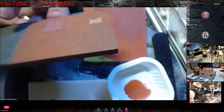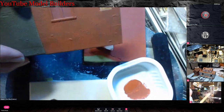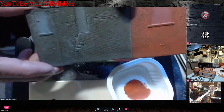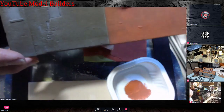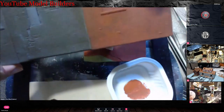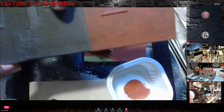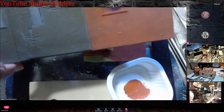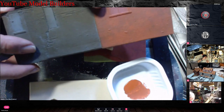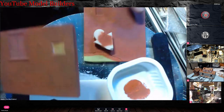I don't know whether you can see the difference. There. I'm working on the other side. I've added the dark to it. This, like I said, was originally red to start with, and this is black. So I'm doing the opposite, applying the paint the opposite way. So I put the dark on first, and then I'm going to put the red on top of it. This one here,